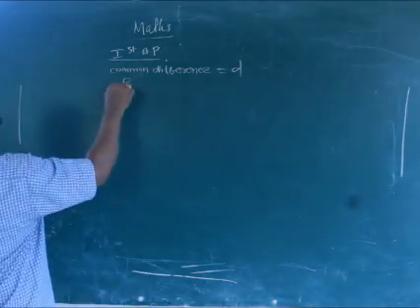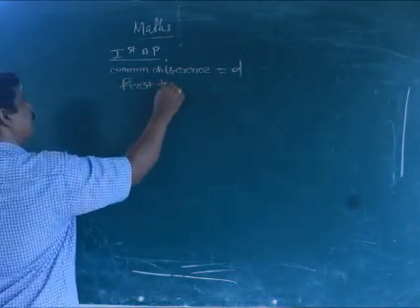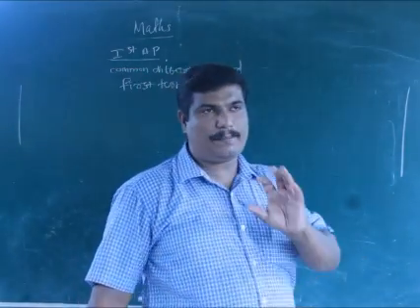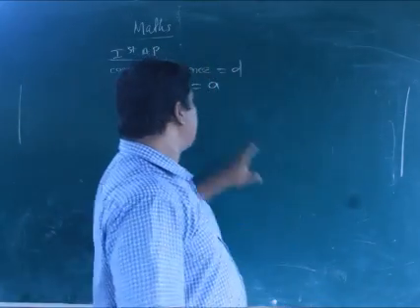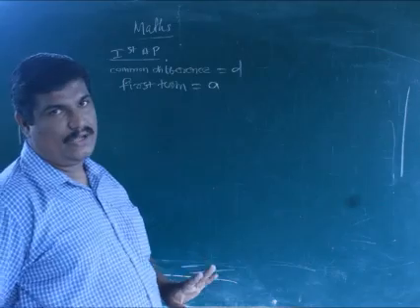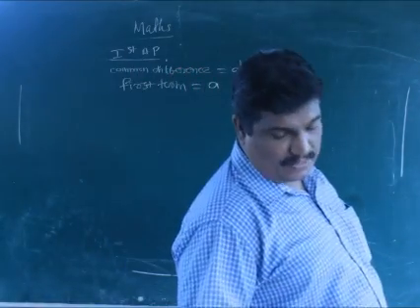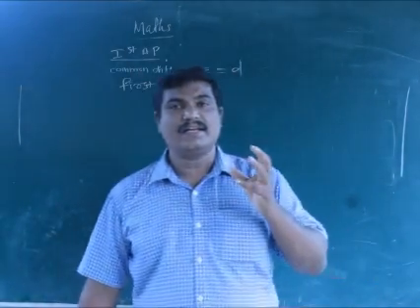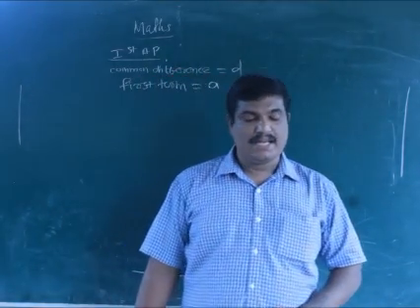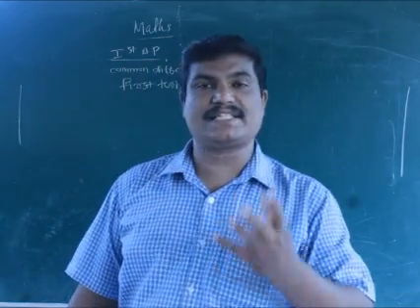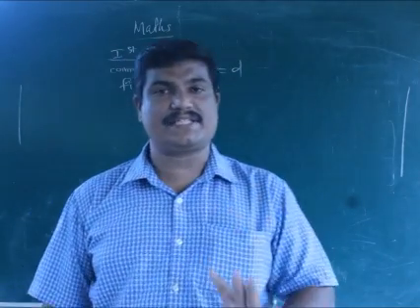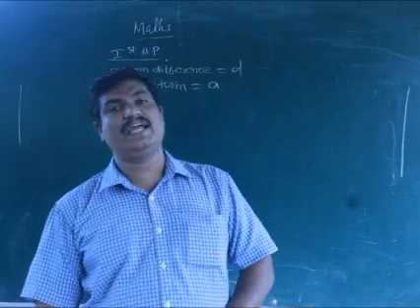First AP. Suppose the first term is A. The two APs have the same common difference. So for the first AP, the common difference is denoted as D and the first term is A. The given 100th term difference is 100. For the first AP and second AP, the difference between their 100th terms is 100. You have to find the difference between their 1000th terms.